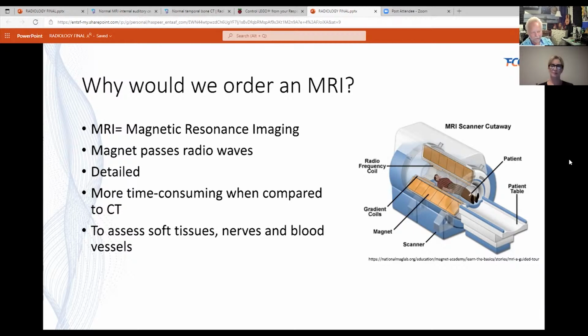Most people are probably familiar with an MRI at one point or another, either them or a loved one. But it's a large machine. It's claustrophobic for many people, sometimes even requiring general anesthesia for patients who suffer from claustrophobia to get through. So it's certainly not nearly as convenient. And if you have a preference of one over the other, just from convenience, then the CAT scan is hands down the better study. But they do look at very different things: the soft tissue, the nerve, vascular structures, also